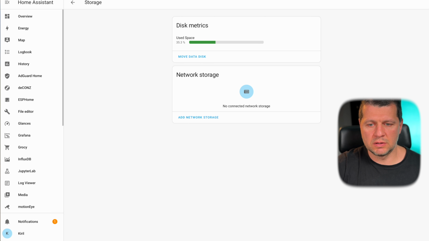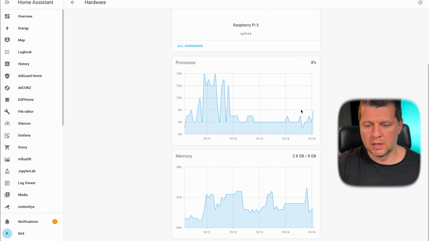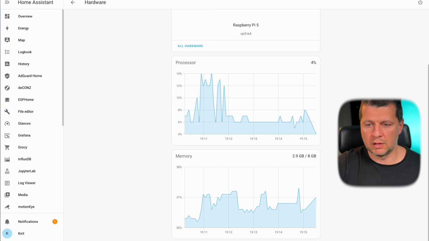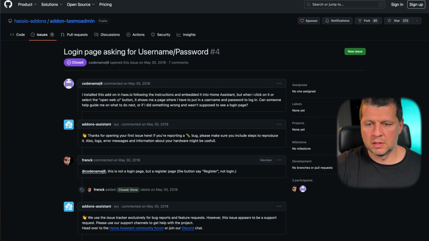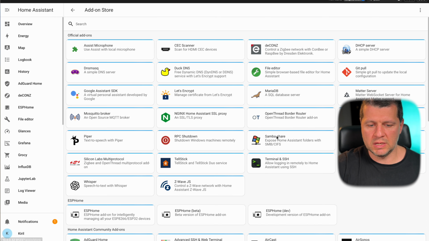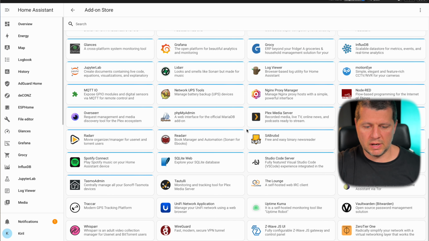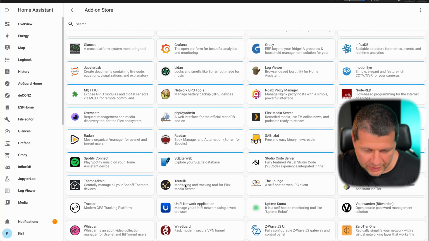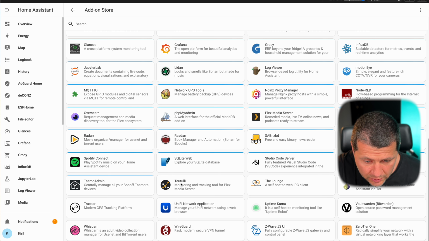Let me check the disk usage. It is up by 0.2%, and the memory and CPU are not changed. I'll close the other tabs. Good, and I'll go to the next add-on, which is... the next add-on? I cannot say that correctly. I'm sure... Tautulli,